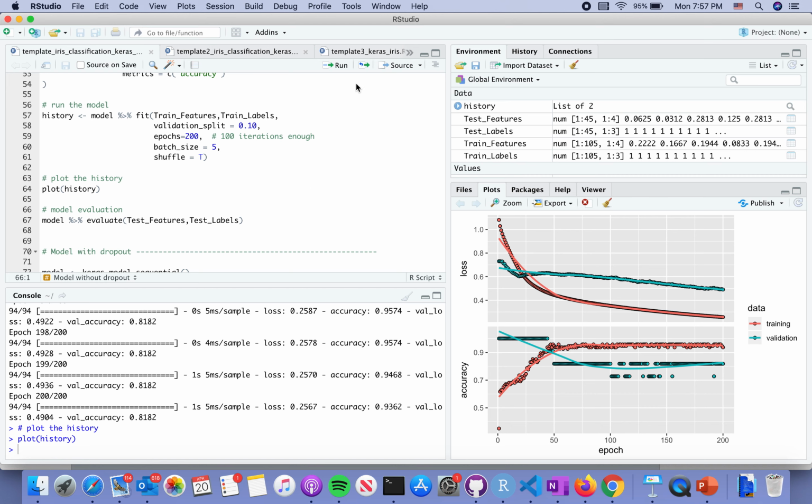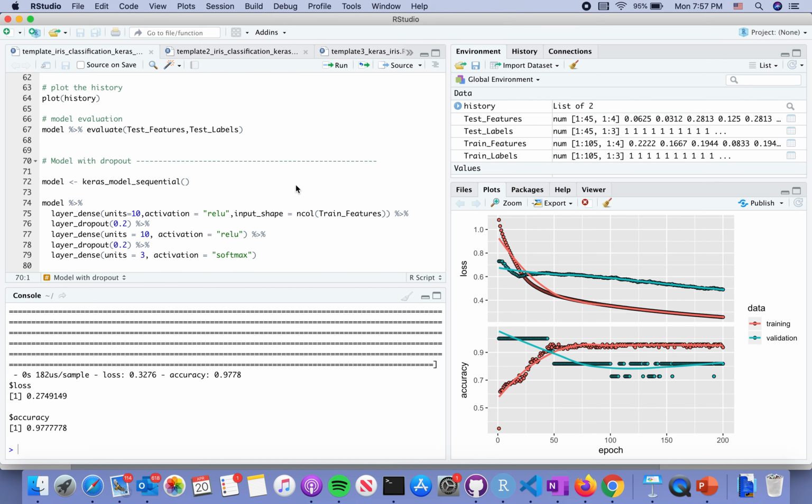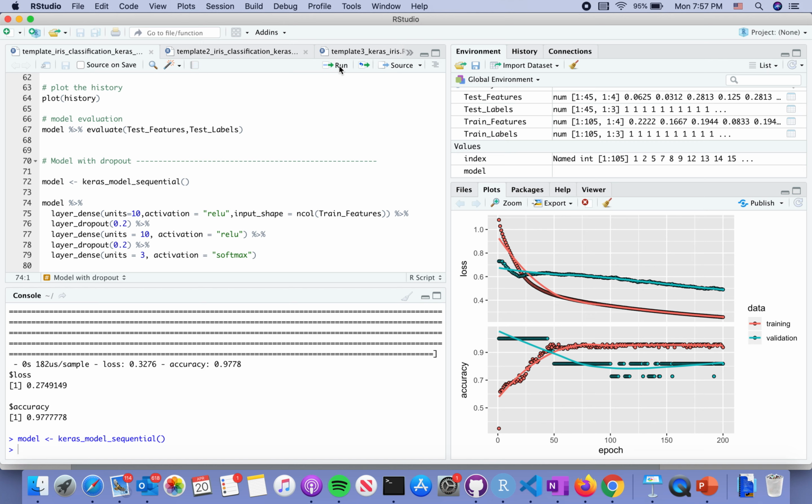Well, let's evaluate it on the other 45 observations we can test. Surprisingly, it gives you almost 98% accuracy. As I suggested before, you don't take this too seriously. You need more runs to consolidate your conclusions. And then let's run another model trying to